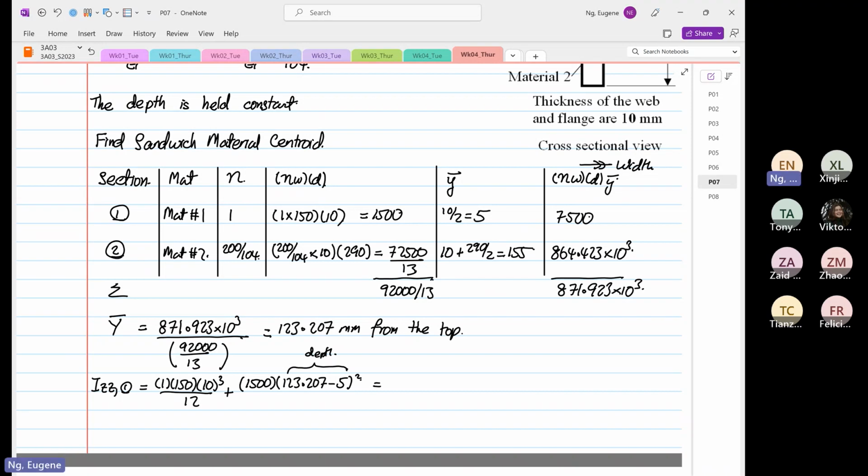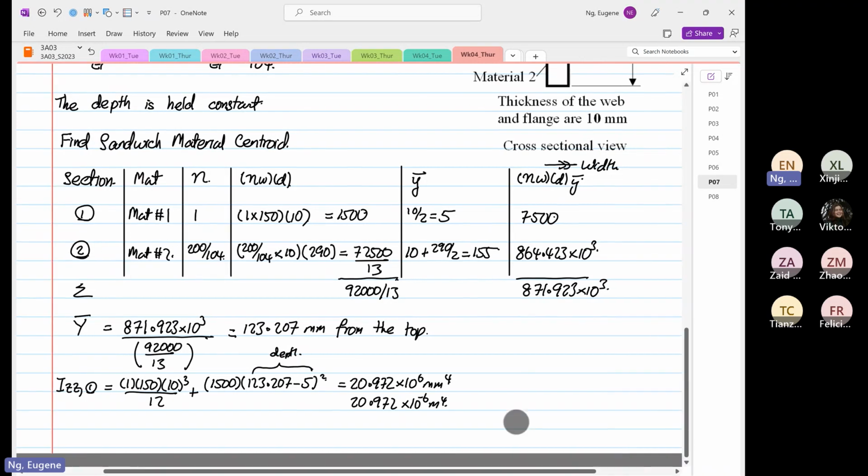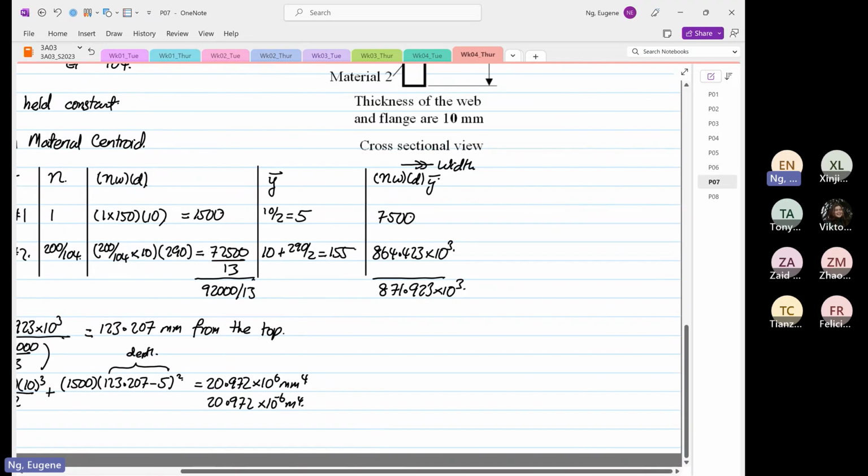So it's 20.972 times 10 to the power 6 millimeter 4, or 20.972 times 10 to the power minus 6 meter 4. I'm going to do IZZ2 over here because I have all the information over here. So IZZ2